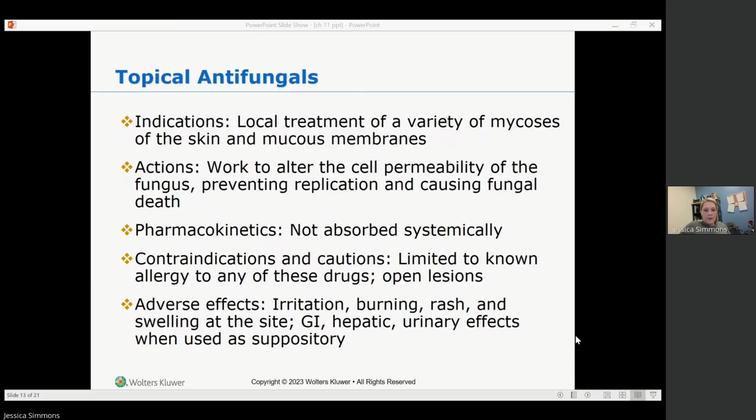Specifically, topical antifungals, if used in the vagina or in the anus, now remember, this is nursing, okay? So we do have to talk about these things. We have to talk about people's sexual activities, preferences. So if someone is using a topical antifungal in the vagina or in the anus, they have sex with their partner, and if their partner starts to have a burning sensation, rash, irritation, that needs to be addressed, and they need to notify a provider. Okay, that is an adverse reaction.